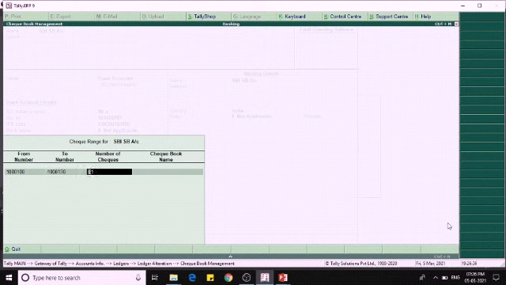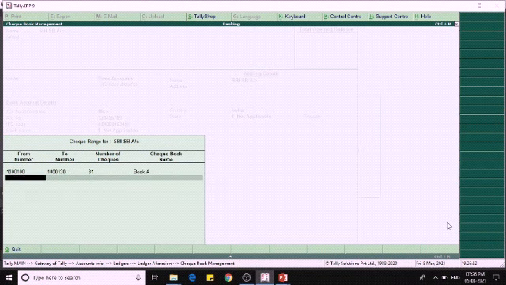1000130. So it will automatically show the 31 check leaves we are having, and then we can name the checkbook also. For example, book A, and then we will create one more, 131 to 1000140 or else 150.